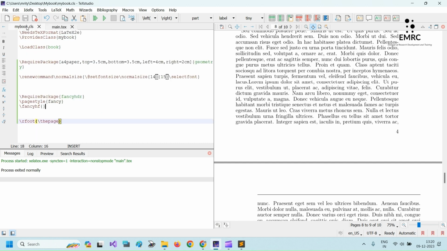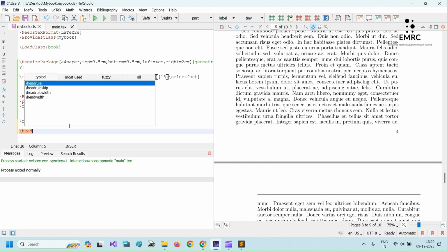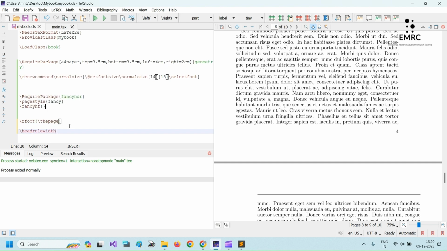Now suppose you want a line in header, you have to simply define the width of your header line. So you have to define the head rule width. To define this one you have to use renew command, and your existing command is head rule width. So you have to enter head rule width here, and then you have to define the size, that thickness of your line. So for defining this, suppose I write 3 point,